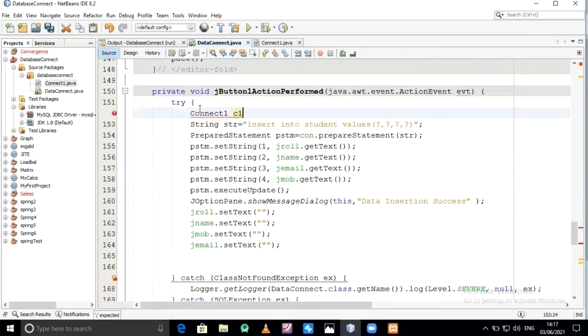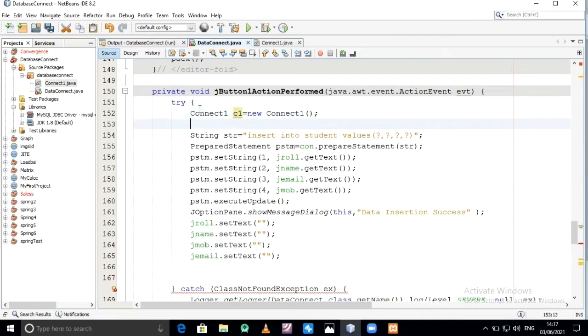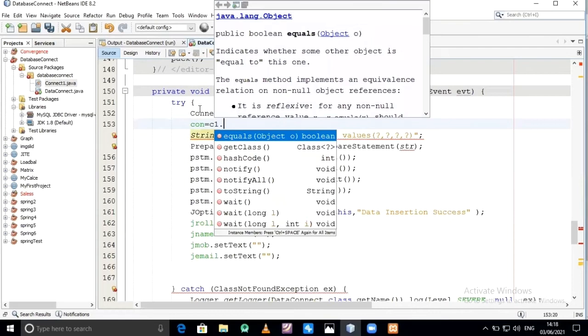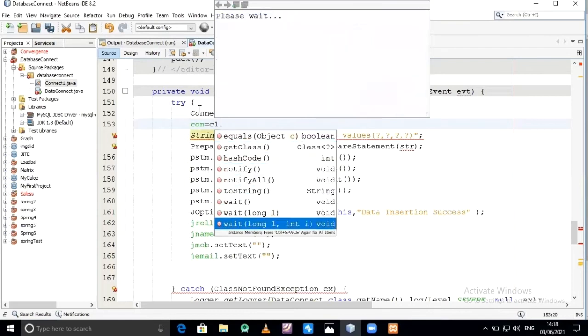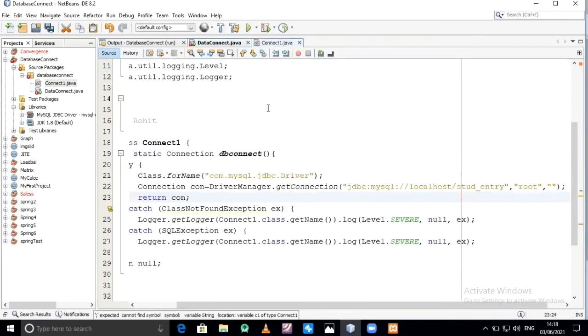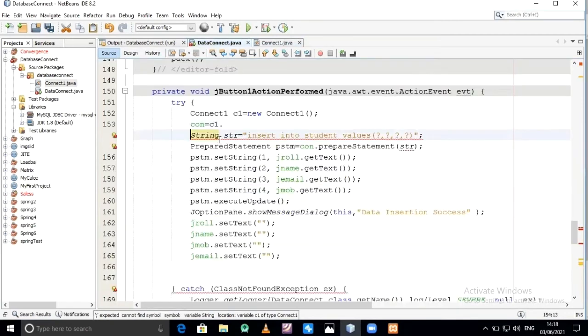Suppose c1 equal to new connect1, con equal to c1 dot what we required, function name is dbconnect.